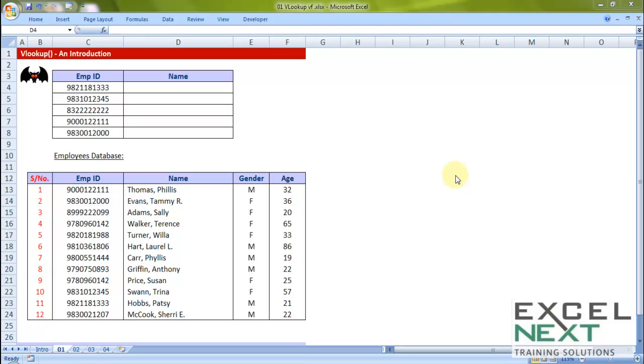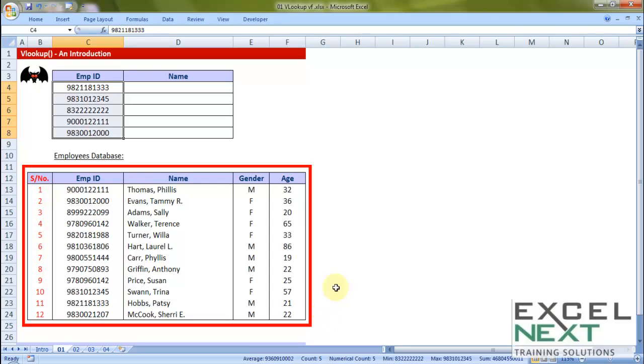Welcome back. So after a quick overview of the VLOOKUP formula, why do we use it and where do we use it, we will get into more depth of its functionality. And my friend Bat is back, and this time he has set his eyes on more number of employees. Okay. Now I want to get the names of these corresponding employee IDs from the database given at the second